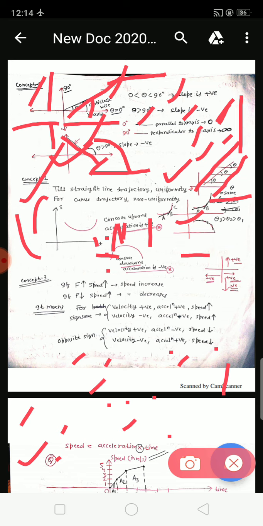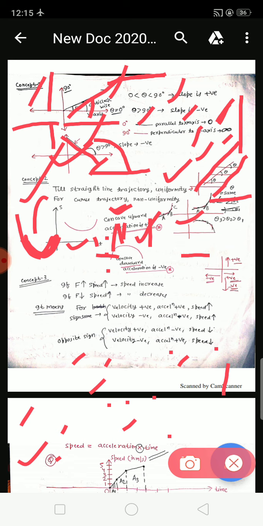But two things you need to keep in mind. One is concave. What is concave? Concave is like a bowl, the kind you eat food in, a katora. There is a bowl; this is a concave nature. If the bowl is concave upward, this will be helpful till your class 11th. I am repeating this. Keep in mind, if the concave is of upward nature, like this, see here, the upward nature of our bowl, that is concave, in that case acceleration is positive.